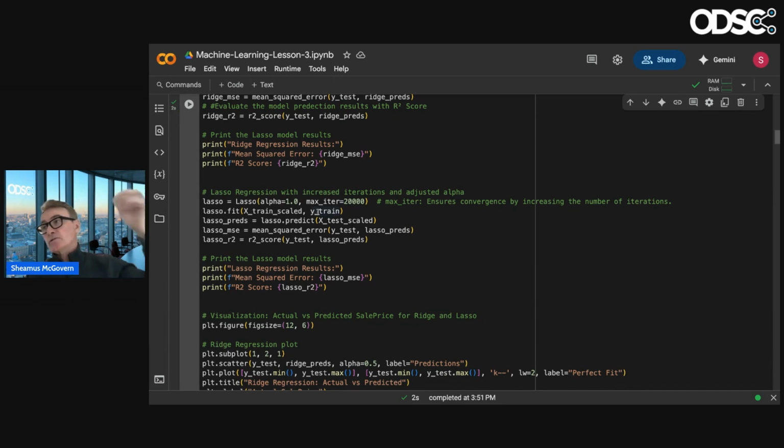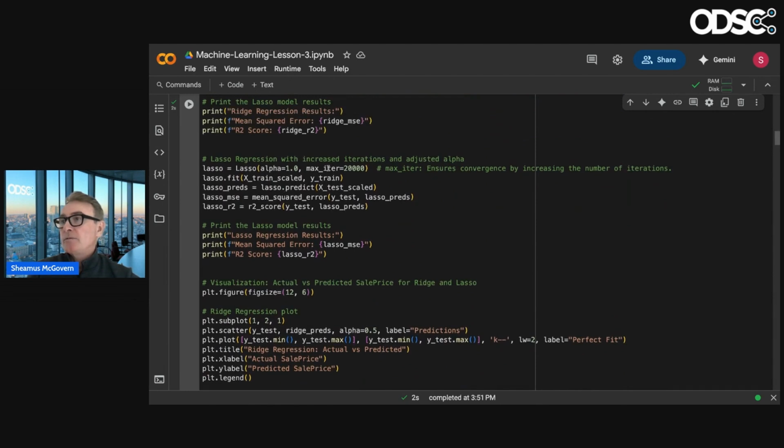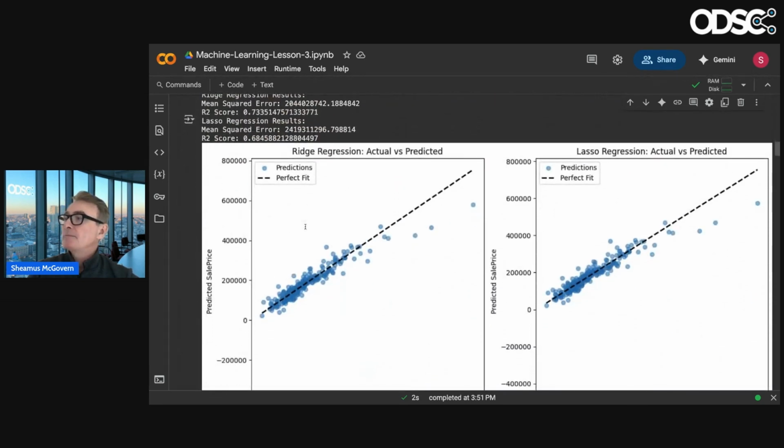It tries to converge on the best value by doing a number of iterations. Here we're doing 20,000 iterations. You could do 5,000, you could do 30,000, 40,000, but you'll see one will underperform, and others will give you worse performance while running a lot slower. I'll let you read those functions and get a better idea of what they do. The best thing to do is just look at it, right?